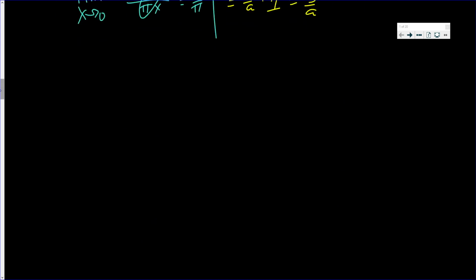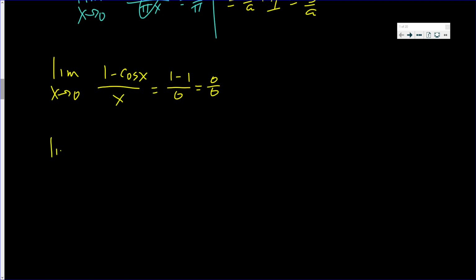Suppose you have this limit: the limit as x approaches 0 of (1 minus cosine x) over x. Well, if you directly substitute, you get 1 minus cosine of 0, which is 1 minus 1, so you get 0 over 0. Now, one way of doing this problem